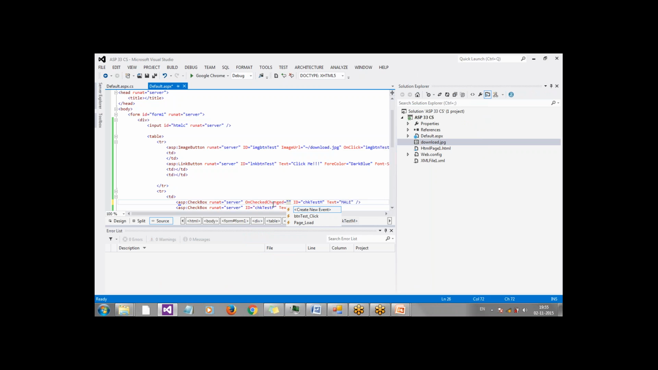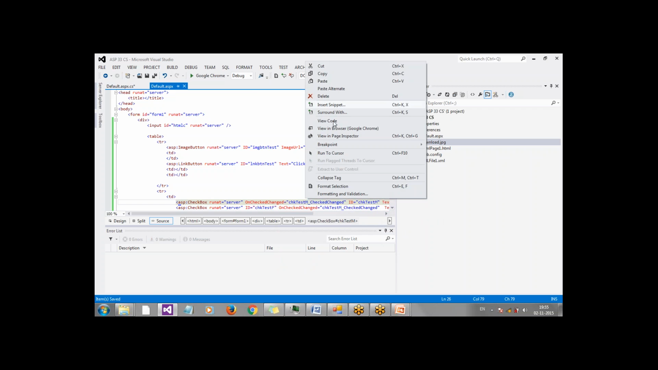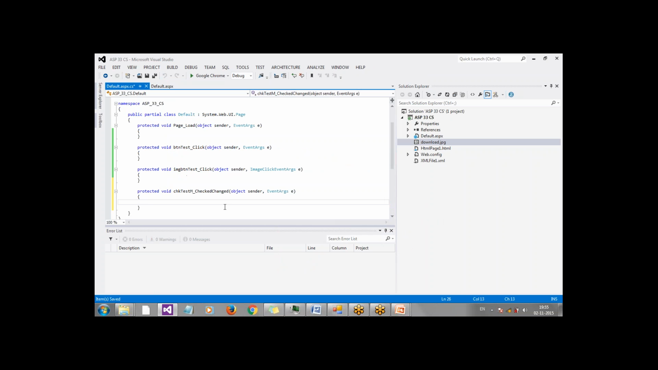I have an OnCheckedChanged event associated with the checkbox. This gets raised when the checkbox gets checked or gets unchecked, when the check gets changed. So on this control, what I would like to do, if